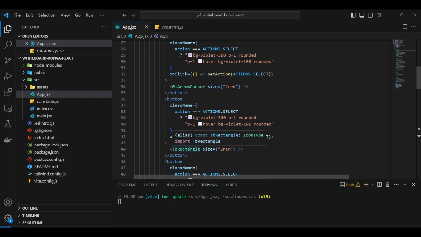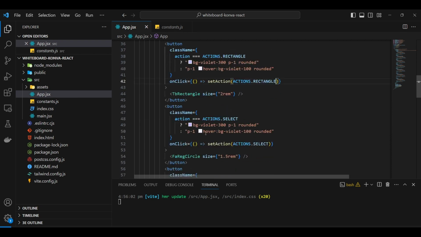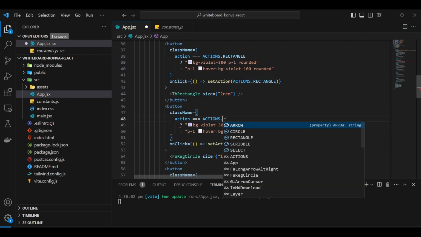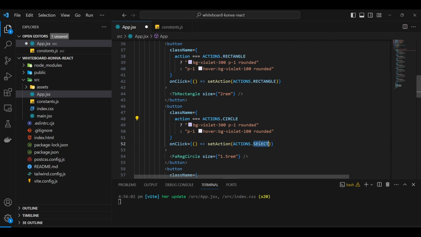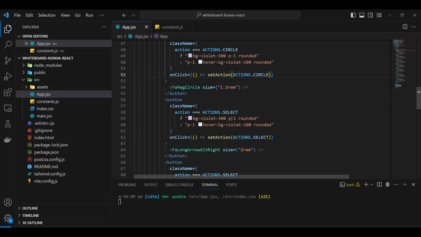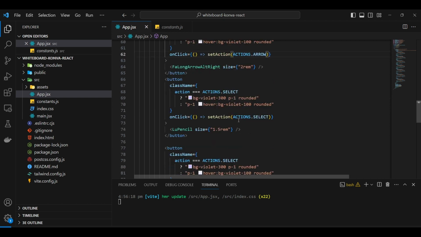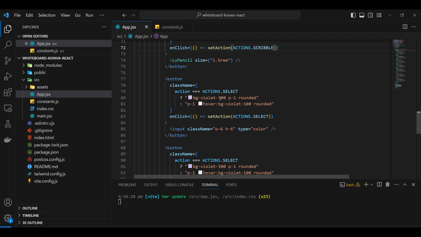So for the rectangle, I'm going to have rectangle. For the circle, I'll have circle. For the arrow, I'll have arrow. Then for pencil, I'll have scribble, I guess. For these colors, I don't need to have any action as such